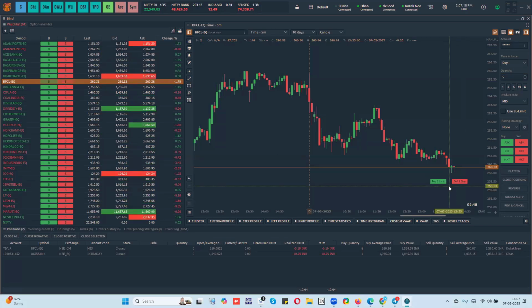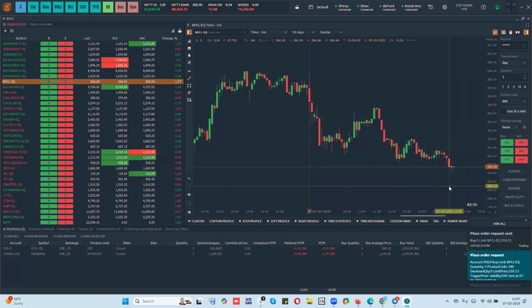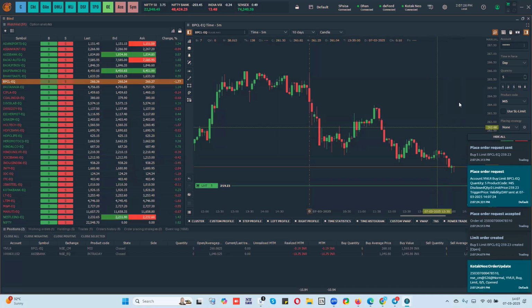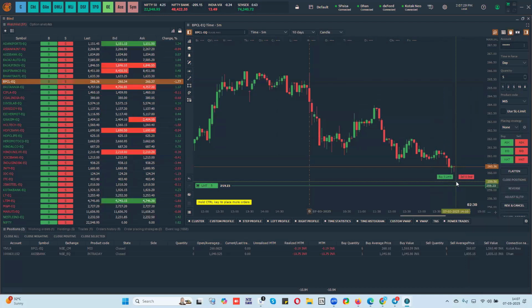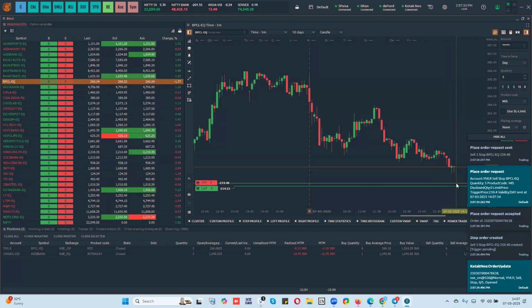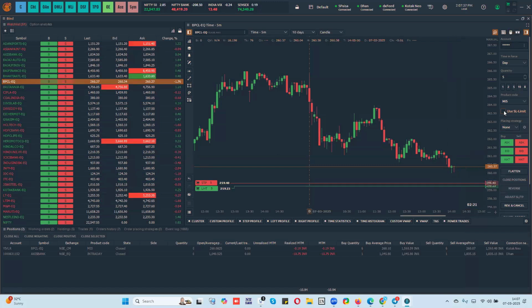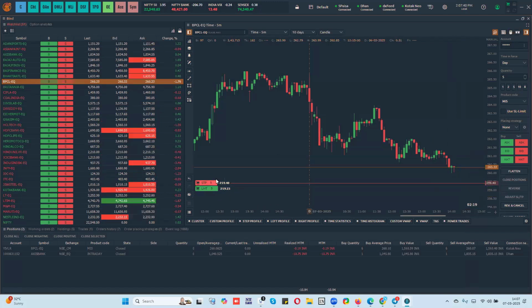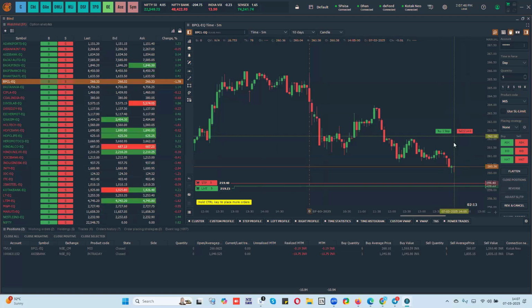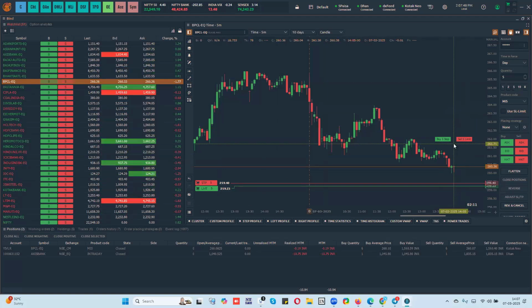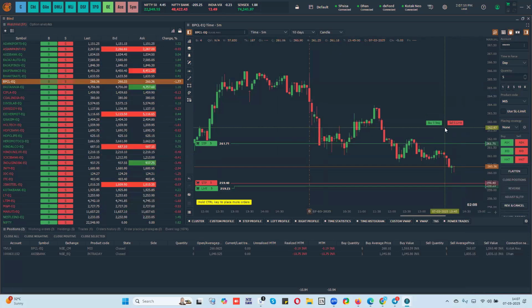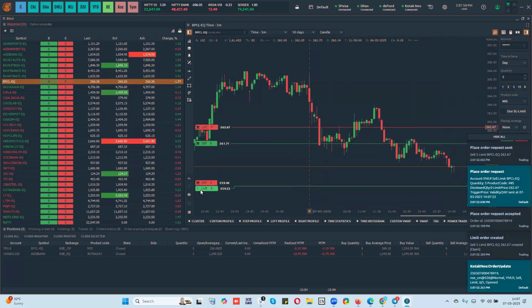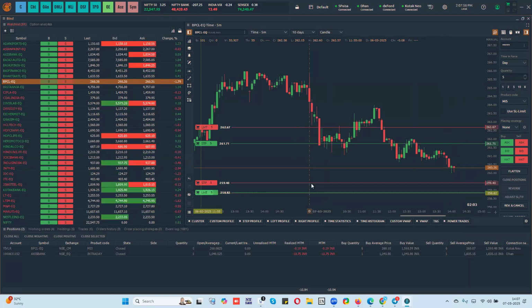So when I click on the left side, that means I'm placing a buy limit order. The moment I click, the limit order is placed. If I right click below the current price, it will place a stop limit order, or stop order. Basically, I've placed a stop order right now because it's a cash market. And if you keep your cursor above the current price, left click will be for buy stop and right click is for sell limit. So I have four types of regular orders that are available from the exchanges.